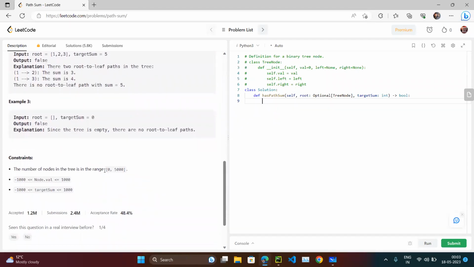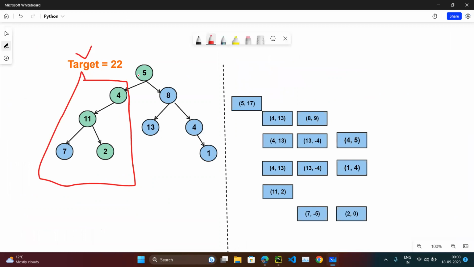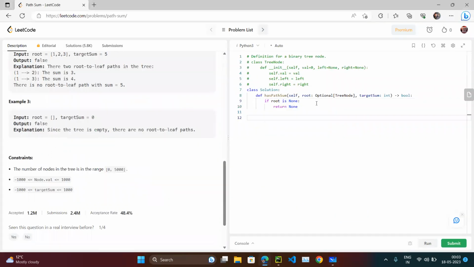So if we have to write it, okay, let's see what's the constraint. One constraint is the number of nodes can be 0 as well. So let's try to put that constraint. If root is none, we need to return none. So this is one of the constraints. Okay, so this 5 said to the left hand side, I will pass the whole tree, which I marked in red, into the same function. So basically self.hasPathSum, and instead of root, I will pass root.left,